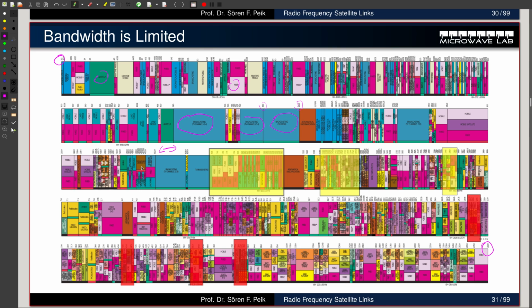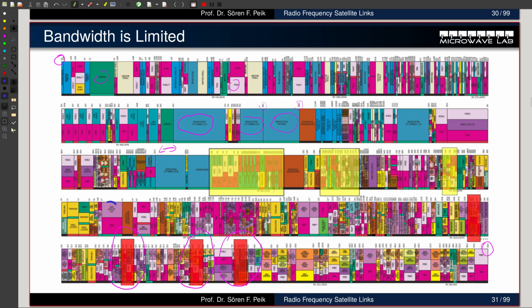And you see a lot of the bandwidth is taken, and in these yellow areas you have mobile phone services. I marked them because with 5G you get new frequency ranges associated with it, and you get more bandwidth, basically. That's one of the things 5G is all about. And when you look here, you can see